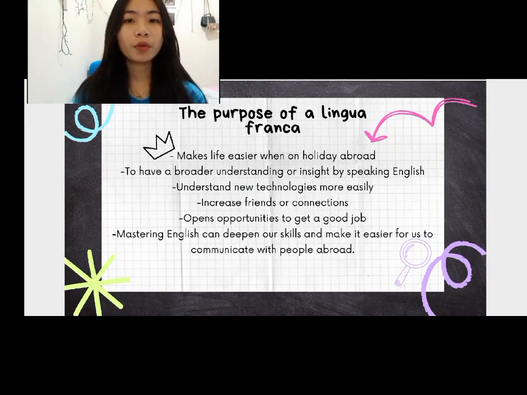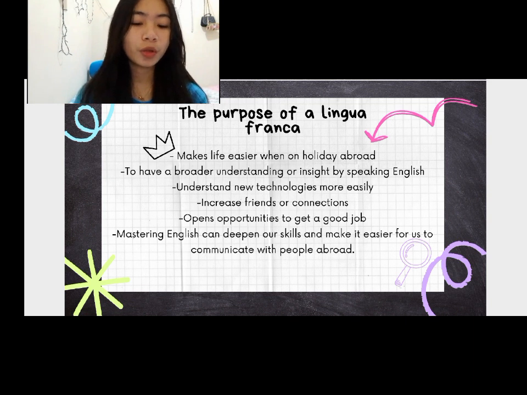The purpose of a lingua franca. One, it makes learning easier when on holiday abroad. Two, to have a broader understanding and insight by speaking English. Three,